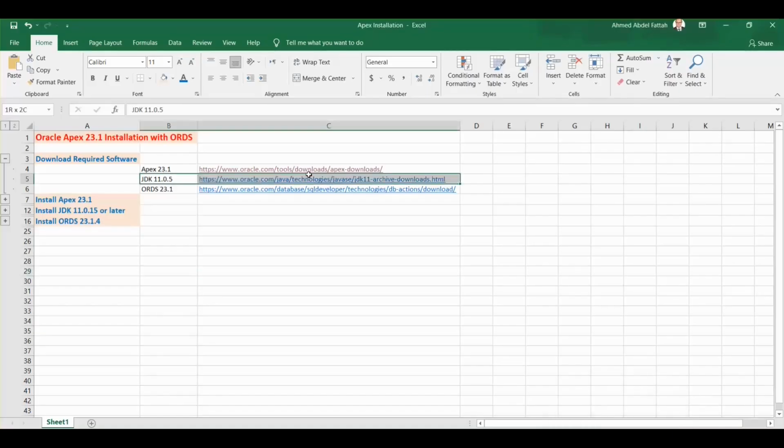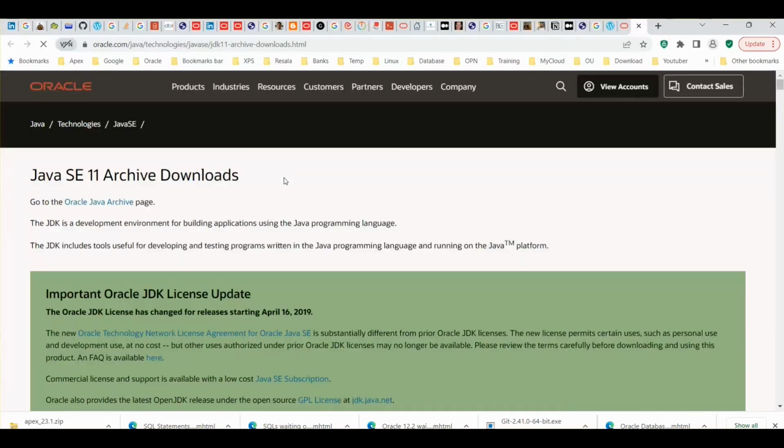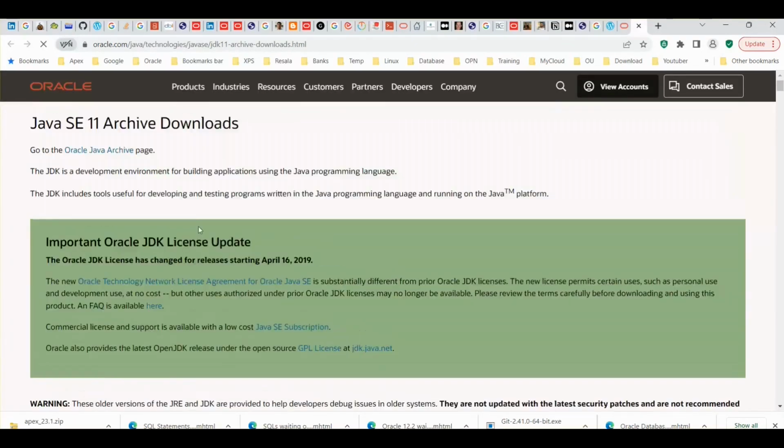Then we will download the latest available JDK, for the Windows platform, which is currently 11.0.18. We will stage it also under the directory d\apex.